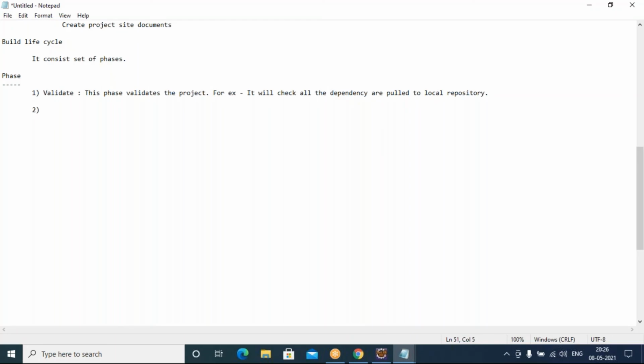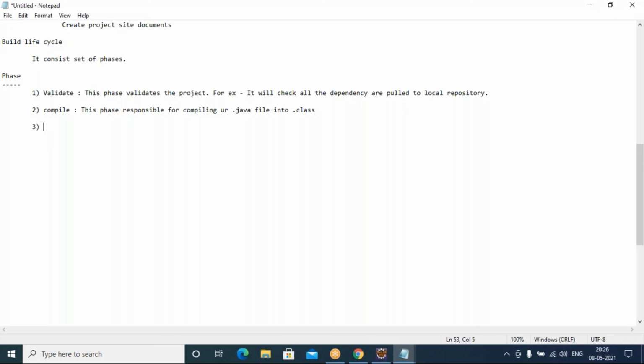It's going to check. Next, compile phase is there. What is this phase going to do? This phase is responsible for compiling your .java files into .class files.